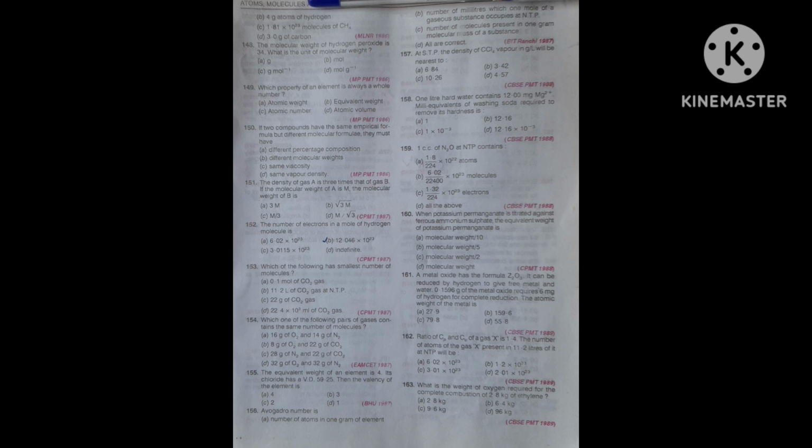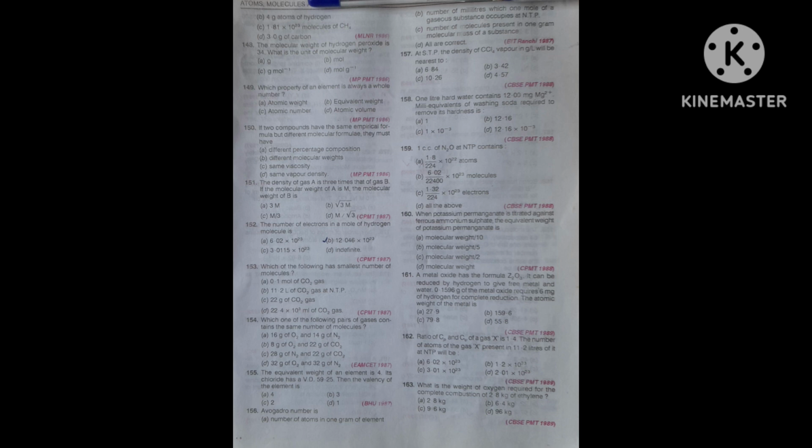The ratio of Cp and Cv of a gas X is 1.4. The number of atoms of gas X present in 11.2 liter of it, how many atoms are present in 11.2 liter, that you have to calculate. The number of atoms of the gas X present in 11.2 liter of it at NTP will be: